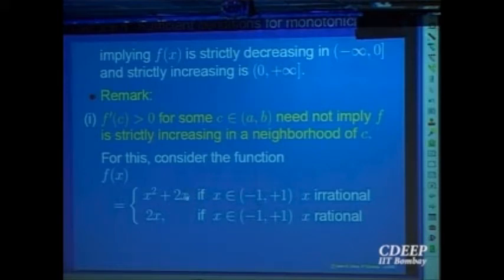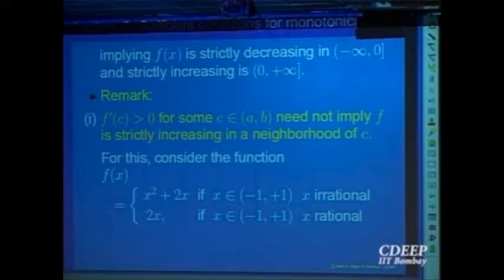When you divide by x, what happens? That gives you 2, this gives you also 2. Whether you go via rationals or irrationals does not matter. The limit of f of x minus f of 0 divided by x, limit x going to 0, exists. Whichever route you go, whether by irrational or rational, does not matter, and the limit is equal to 2. So the function is differentiable at the point x is equal to 0 and the derivative is equal to 2.